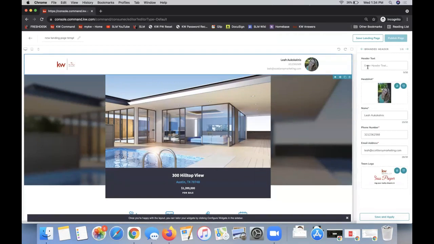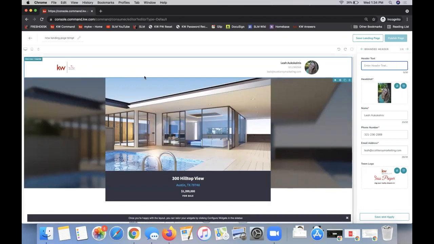All right, so I clicked on the branded header, that top widget. And on some of these widgets, there's just not a whole lot to edit. So in this one, for example, most of your information is pulling from your command marketing profile. So of course you can edit any of that information. But the primary thing to edit here is the header text, right? That's not required, but it would allow you to put something like just listed or just sold or proudly presenting. You know, I do a lot. I'll do proudly presenting